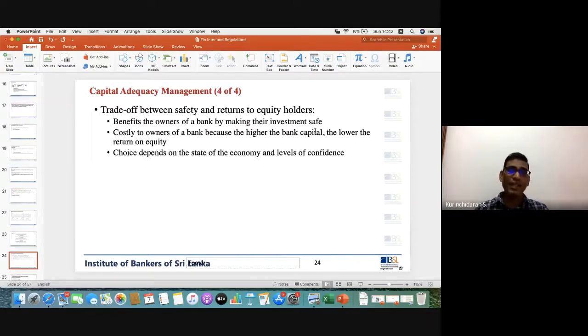But if an economy is very weakened and the level of confidence in the banking sector is very low, then the regulator can ask for more. If it is 4% in OECD country banks, then this can be 6 or 8% or whatever it is. So it's based on the state of the economy and the level of confidence. So you should have a trade-off, and how to arrive at that trade-off depends on the state of the economy and the level of confidence, right? Okay, so this is capital risk management. It's a big deal for banks to manage their capital as well, right? Okay,